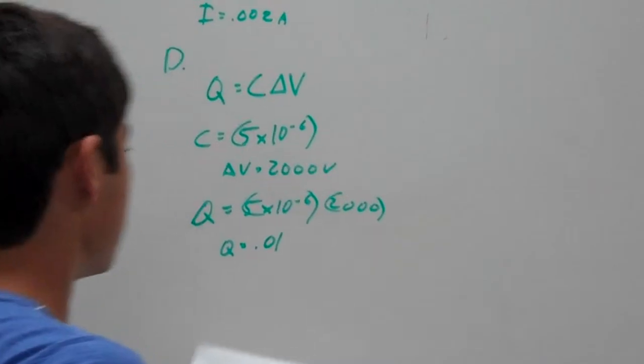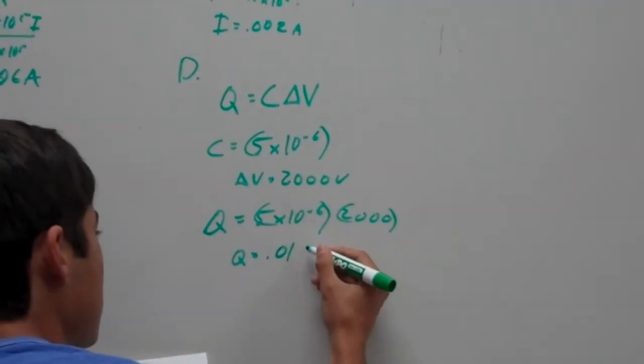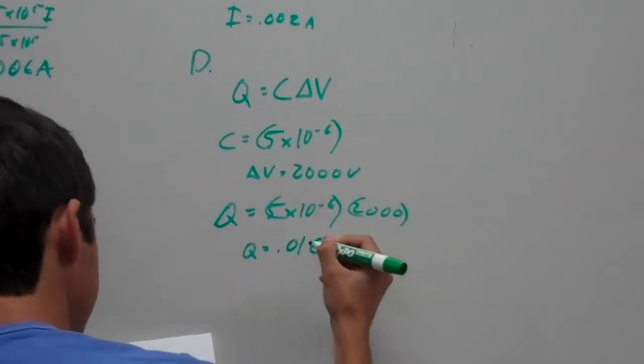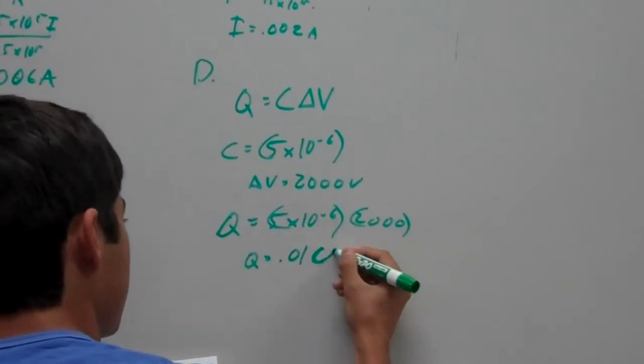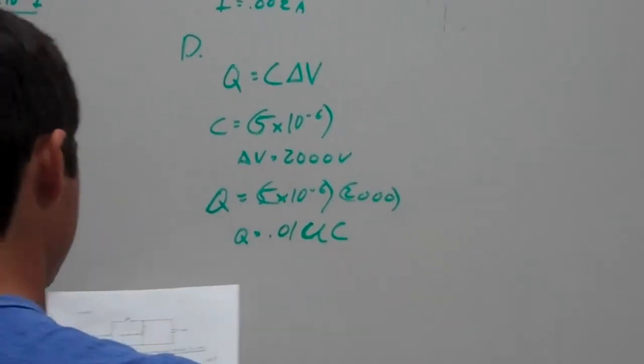The units. Oh, my bad. Q is in coulombs. You need the micro. Micro coulombs. I'm gonna use Movie Maker and